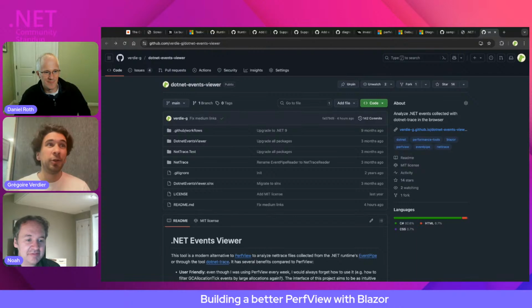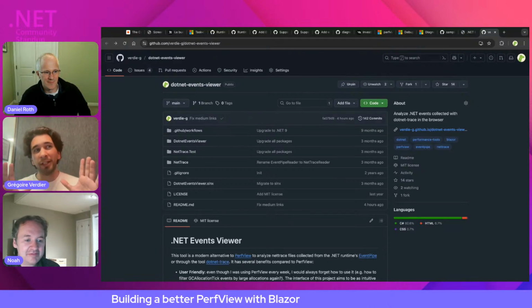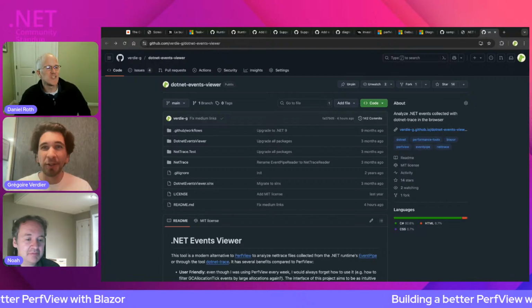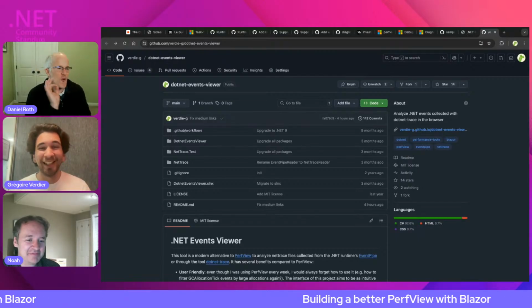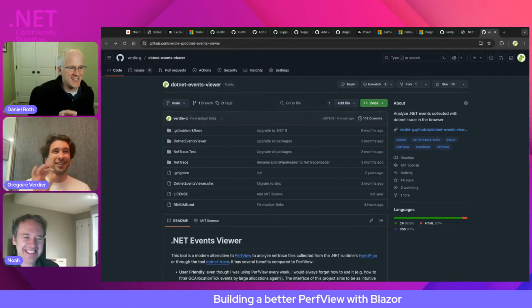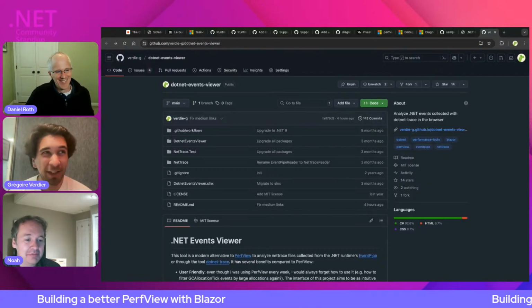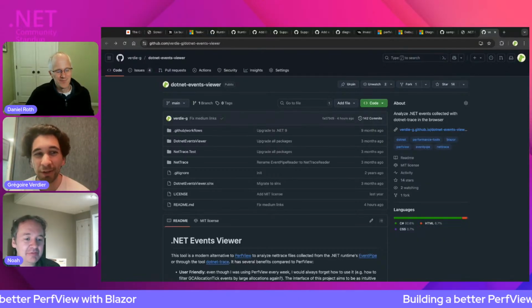So for now, the tool is very low in features, but it's also minimalistic. Focused on a key scenario. Focused. And I think it will stay that way for now,